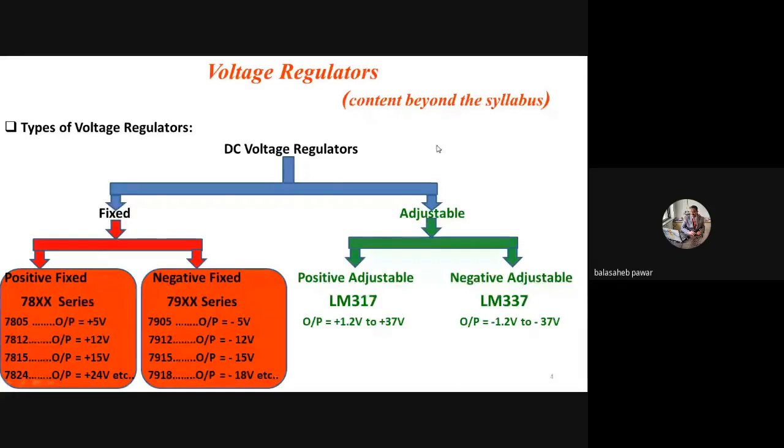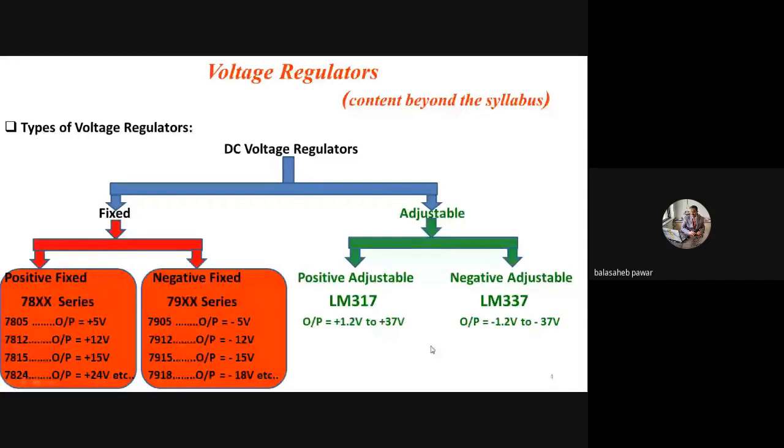Okay, you should be familiar with these fixed regulators, and that's why I covered it. See here, I mentioned for that positive adjustable, that is LM317, its output we can vary, we can adjust it from 1.2 volts to 37 volts positive, right? Similarly, for LM337, as it is negative adjustable, its output we can vary from minus 1.2 volts to minus 37 volts. Is it okay? So as per our requirement, we can adjust that output within this range.